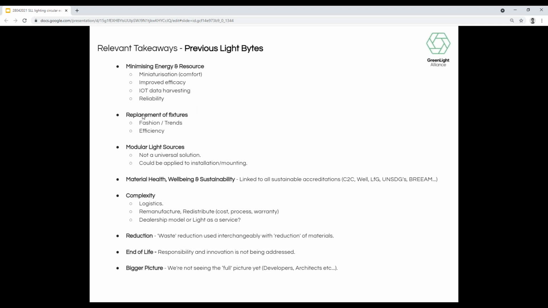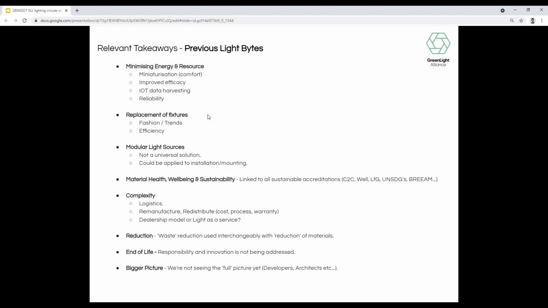I think arguably from what we saw, manufacturers are in a position now to claim that the main drive for replacement or maintenance of fixtures is actually now fashion trends changing rather than fixtures running out of useful life. And also perhaps arguably that when there's large leaps in the efficiency or efficacy of a product, then it warrants the replacement of either the LED source or the whole fixture within an installation before the end of its useful life.